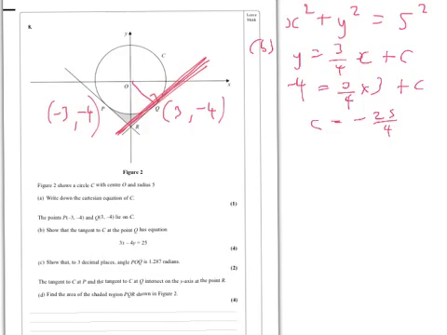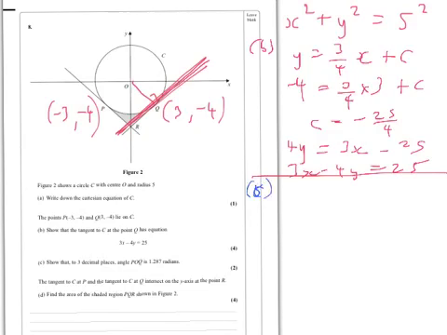So putting that back into the original and multiplying everything by 4, we get 4y equals 3x minus 25. And so by rearranging that, we get 3x minus 4y equals 25 as required. So that's part B. Now part C